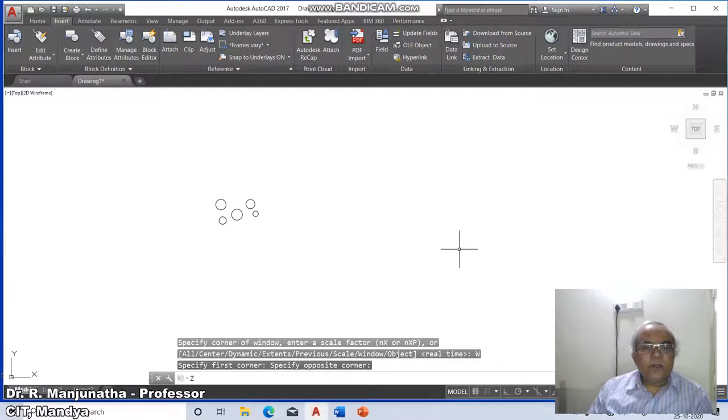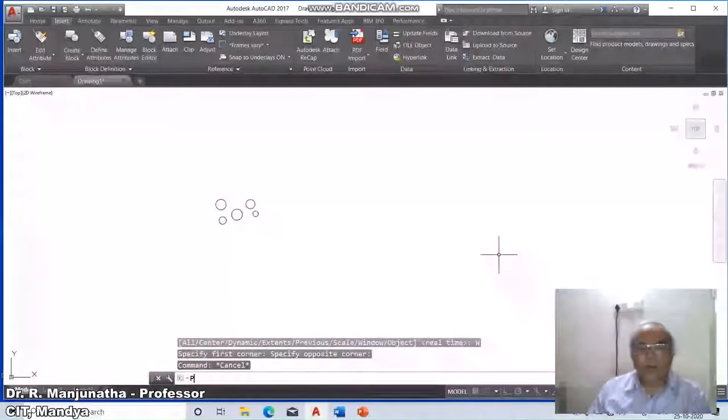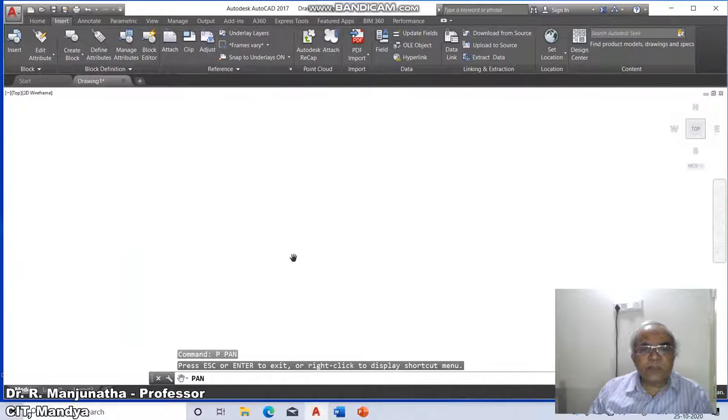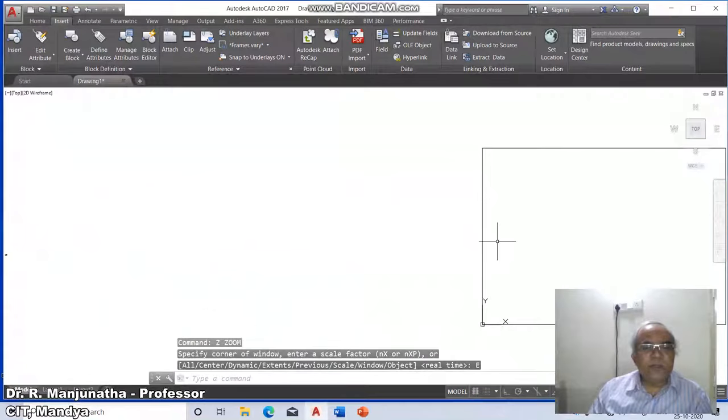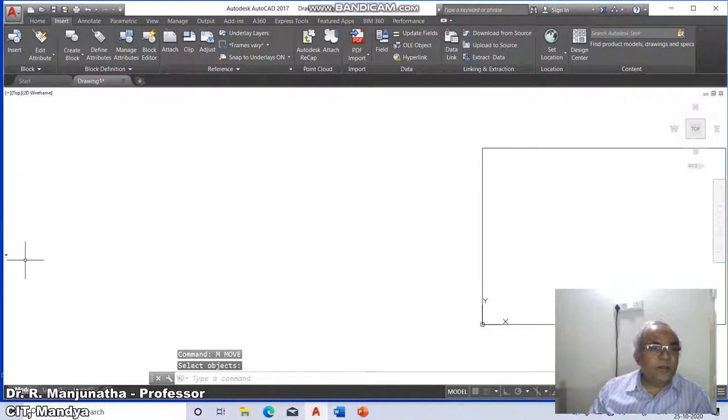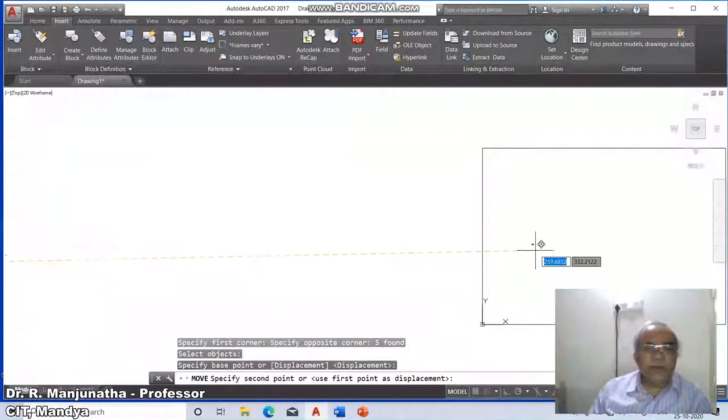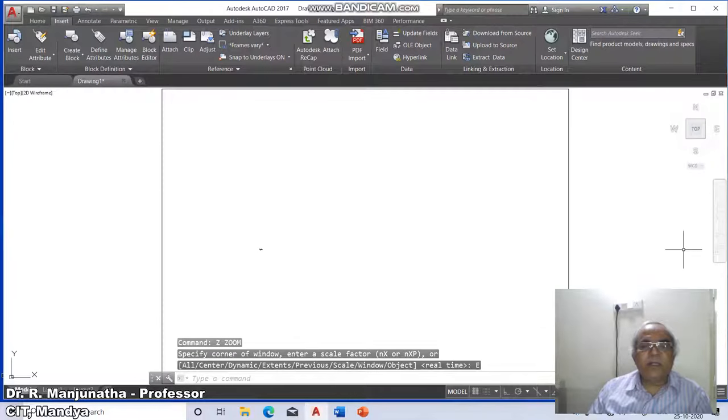Now if you want to drag this, you come down and keep on dragging like this, so that you get that particular line. It is very difficult to get back to it in such a huge drawing. The distance between these two is huge. So that is the reason why we don't use pan. It is very difficult to use. But the pan application is only this.